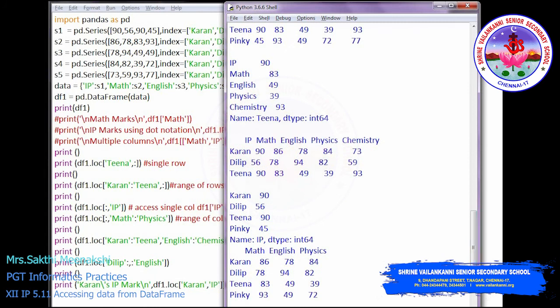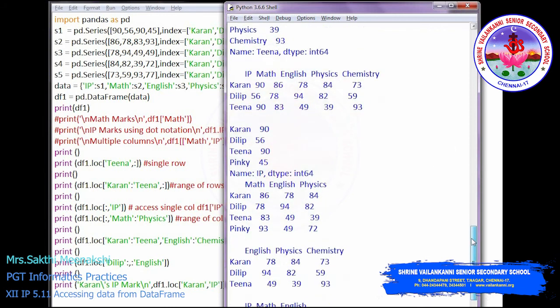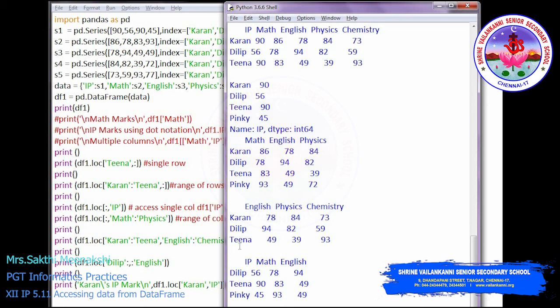The next one, all the rows of math to physics. You can see all the 4 people, and the result is math, English, physics. So from math to physics we have math, English and then physics. So all these 3 columns are displayed, right? So next example, Karan to Tina, so Karan, Dilip, Tina, and English, physics, chemistry marks, right? So next one, from Dilip till the last record.